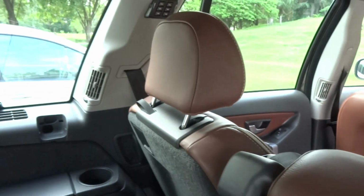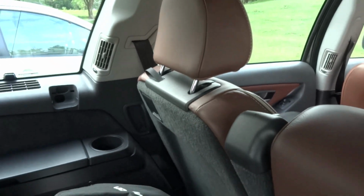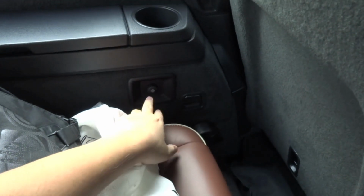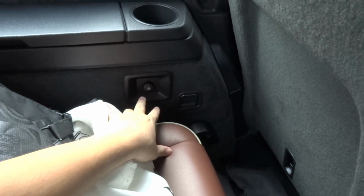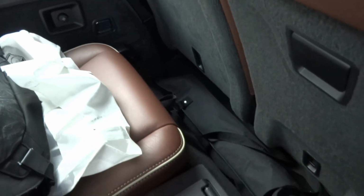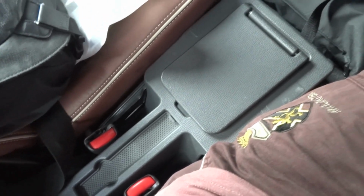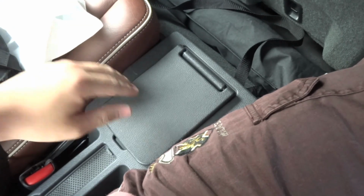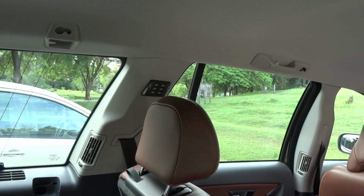Aircon vents on the C pillar, and for this side, you do have your rear fan speed control right down there. In between the seats, you do have some storage underneath this flap. And right above,